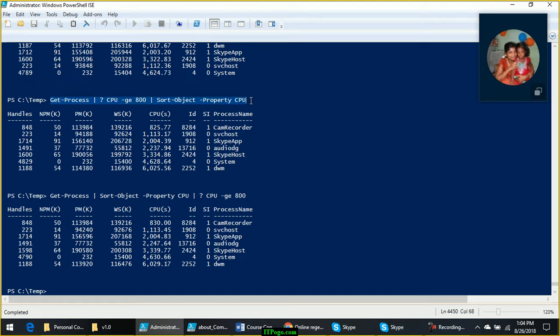Now think about this in a larger environment where you have to deal with thousands of objects, and on top of that those are remote objects. In that case, if you are not filtering first, the performance of your command line will be slower. So always filter as soon as possible, then do the rest of the things. First filter and then perform remaining tasks. Is that clear?